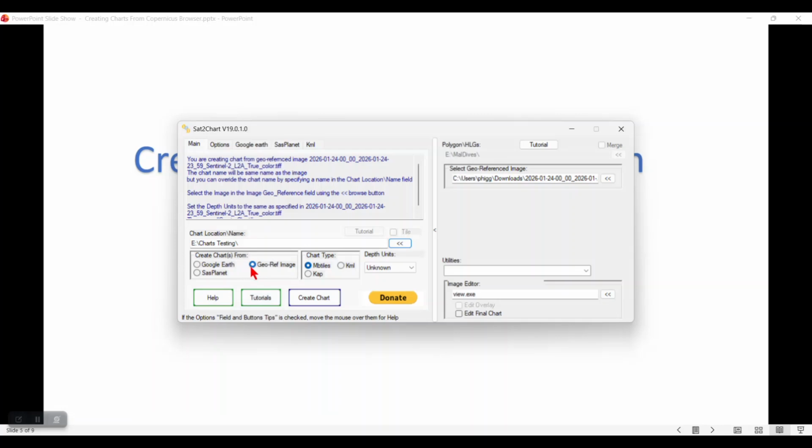So it's all set now to create a georeferenced image, an MB tile. The depths are unknown. And it's going to create it from this image. Now if you don't give it a name here, it will use this name, which is kind of long and maybe not so useful. So we can give it an actual name here,